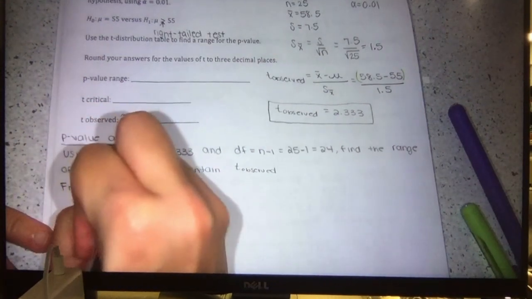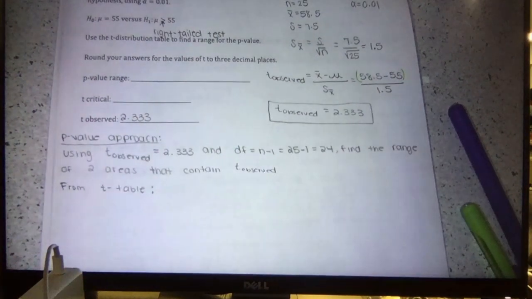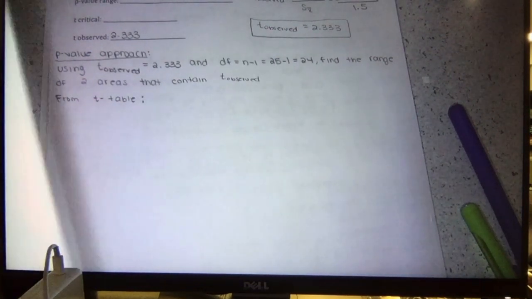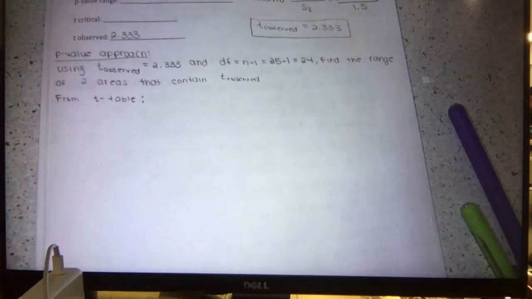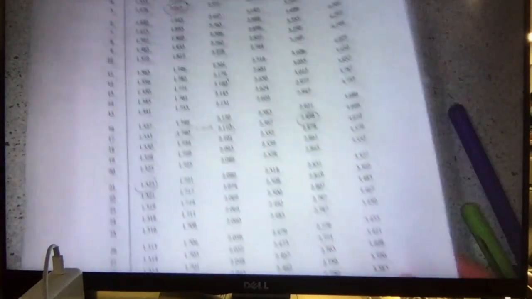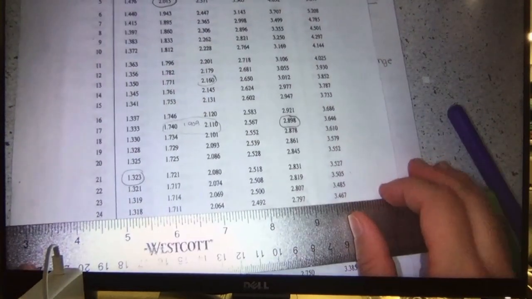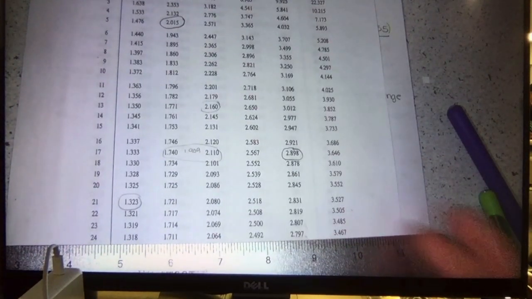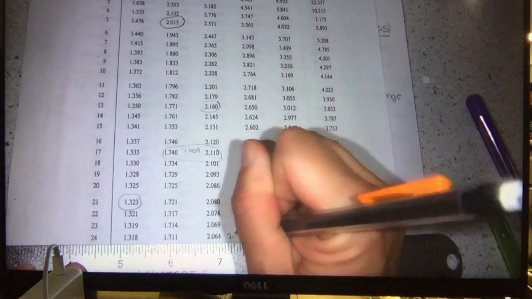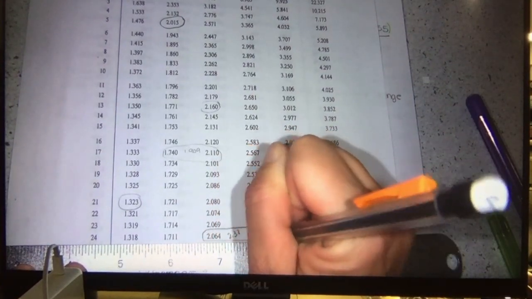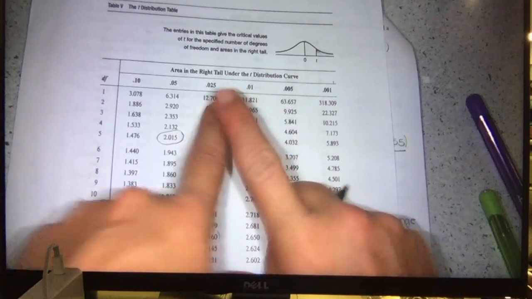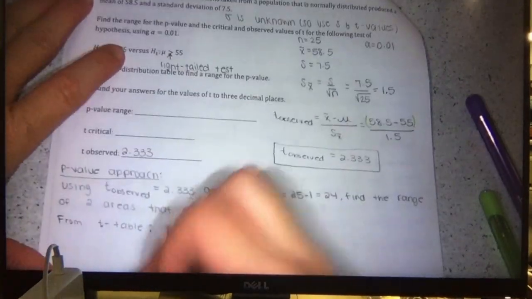So from our t table, our degrees of freedom is 24. The t observed that we're looking for is 2.333. So it looks like 2.333 is between 2.0 and 2.4. So it's between these two areas of 0.01 and 0.025, going from least to greatest. So 0.01